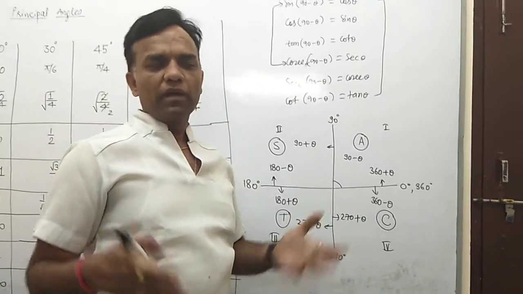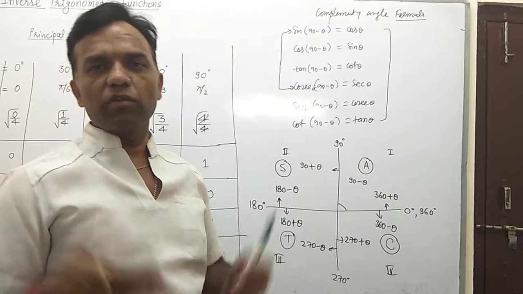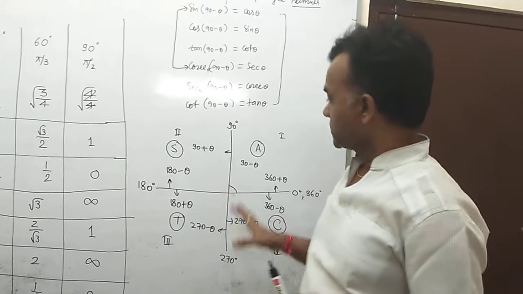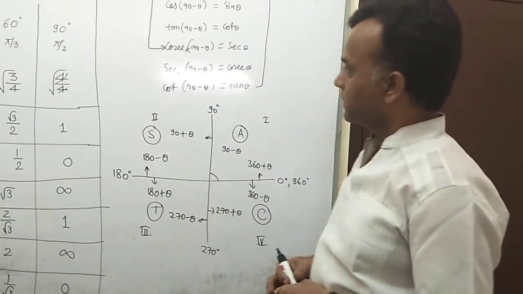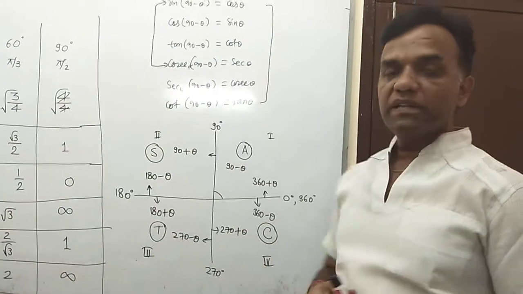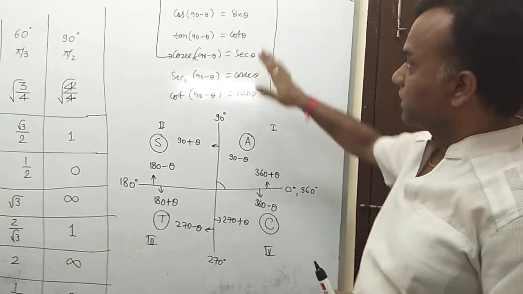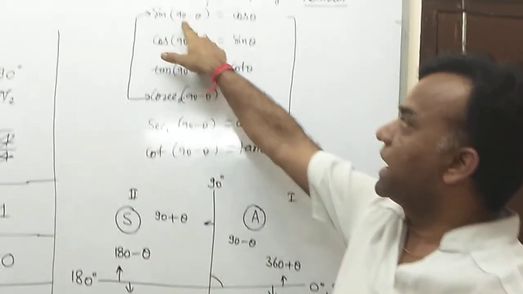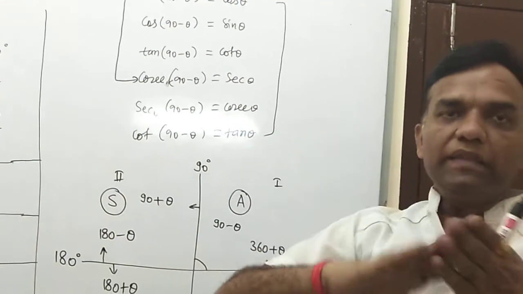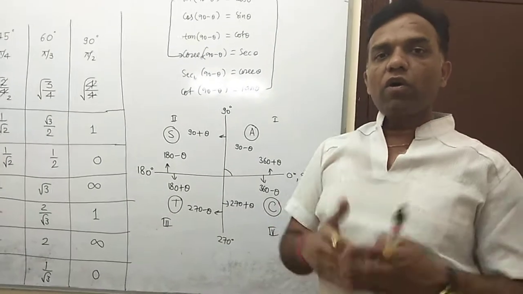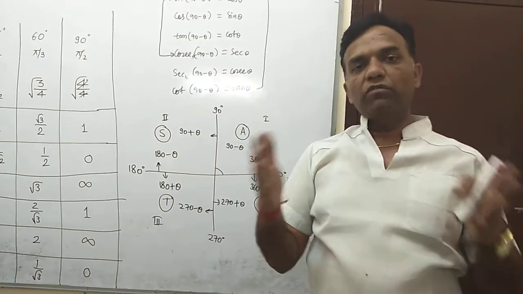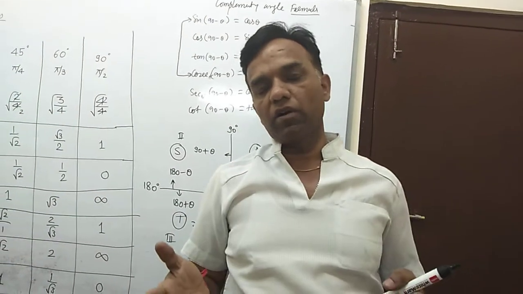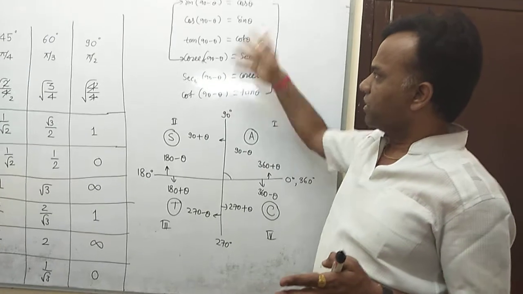You form mnemonics according to your memory, how you revise in your mind, and then you keep all these things in your mind. But one more thing is very important here. All quadrants are multiples of 90. Okay, so here we write down one trigonometrical form, like sin 90 minus theta is cos theta. So sin is converted to cos, cos converted to sin, tan converted to cot, cosec converted to sec, sec converted to cosec. So all these changes are here.